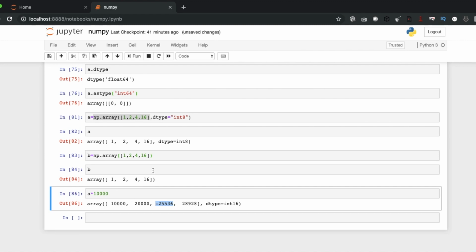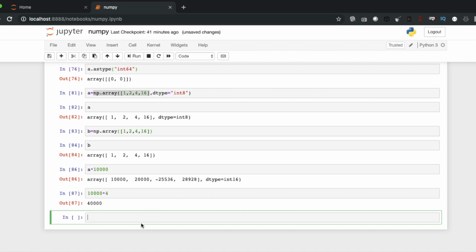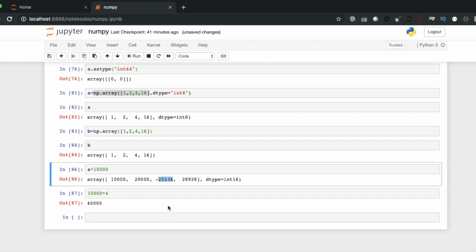And for example, multiplied by 4, it should be 40,000. Why is this 25,000 something, and why is this not 16,000? Why is this like this? There is something weird, right?